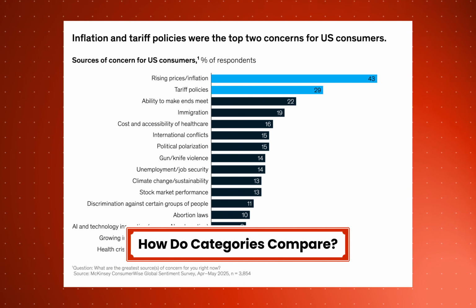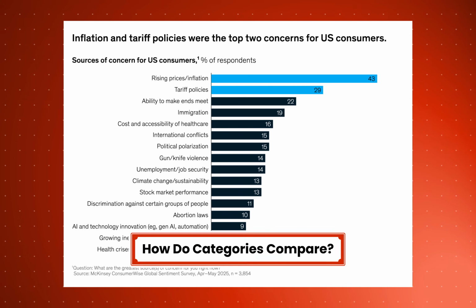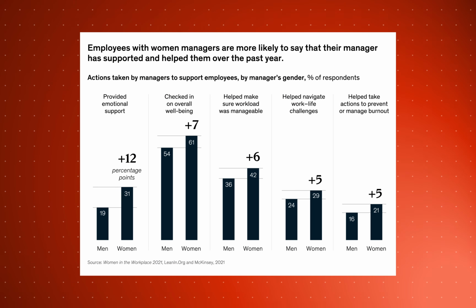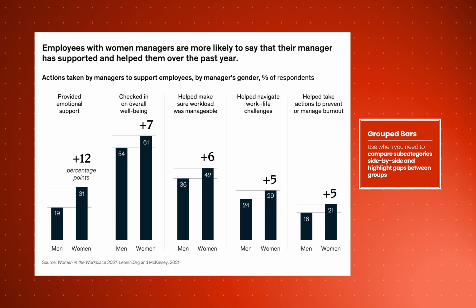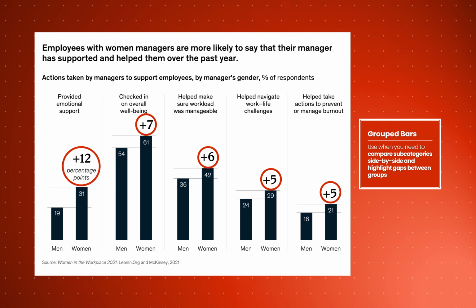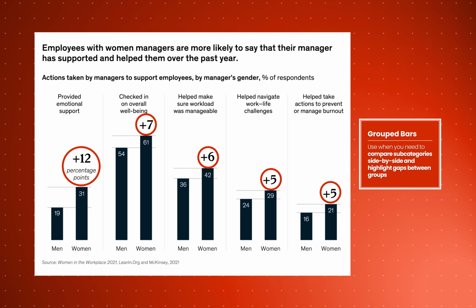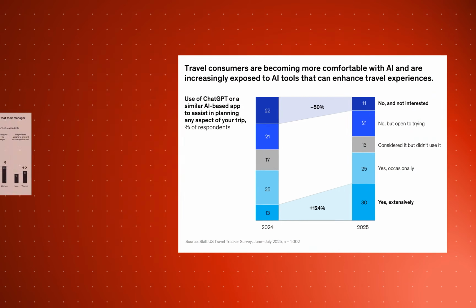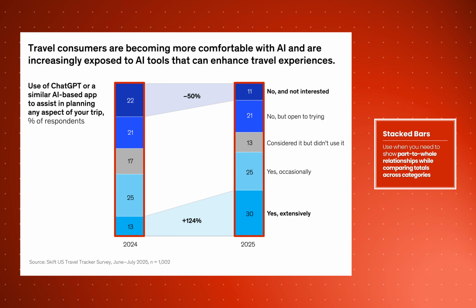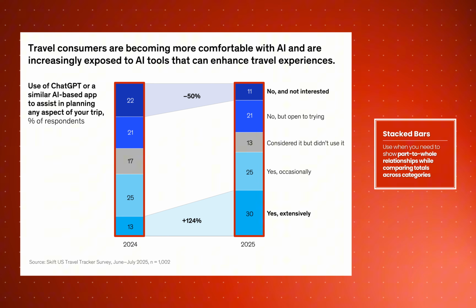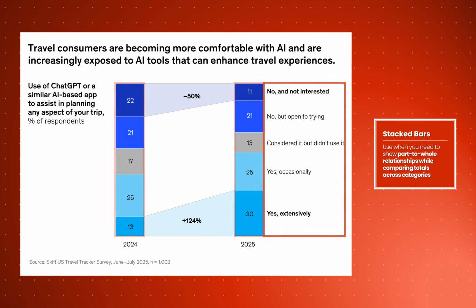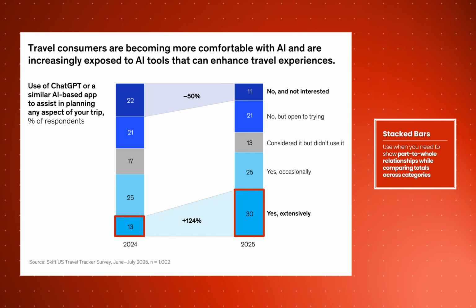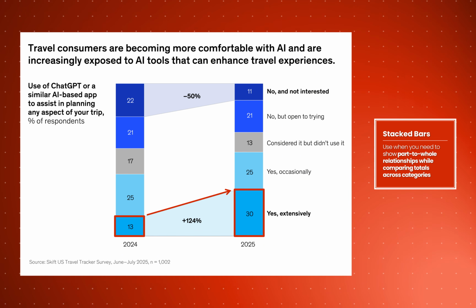Different structures and formats exist to aid in quick understanding. For example here, in addition to enabling side-by-side comparisons, grouped bars are used to visualize the delta and emphasize the story, the performance gap between male and female managers across specific supportive actions. Stacked bars are used for showing part-to-all relationships while allowing for a comparison of totals across different categories. As you can see here, the stacked bars make it clear that travel consumers are becoming more comfortable with AI